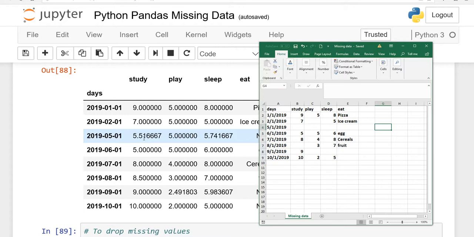Before, if we use interpolate without any parameter, it was 6 hours. But if you write down time, it will give you a more accurate result, because two days are missing here. That is why I said maybe January 3rd and 4th you spend 7.5 or 6 hours, whatever. But here it is close to January 6th, not to January 2nd.